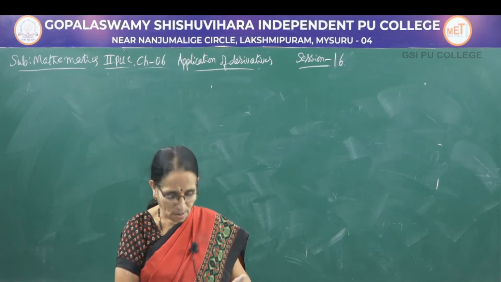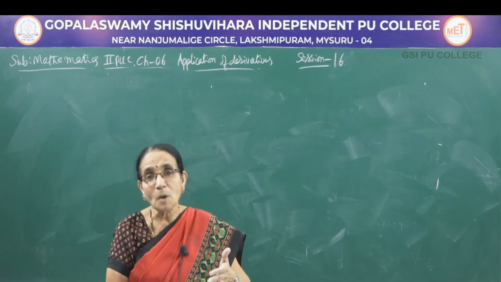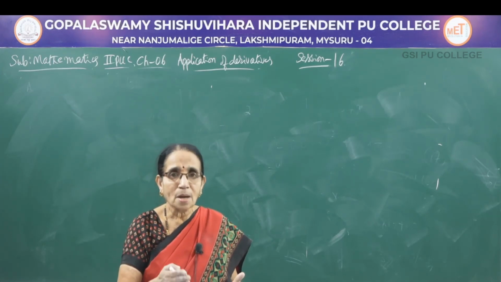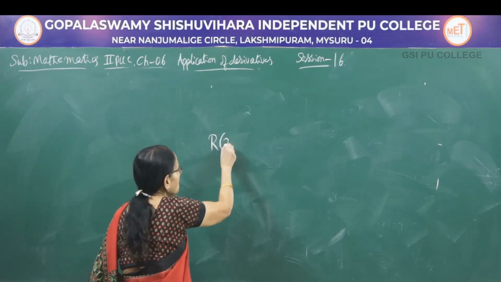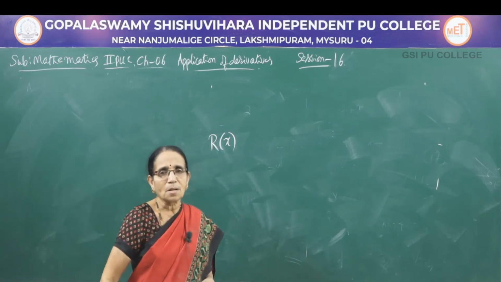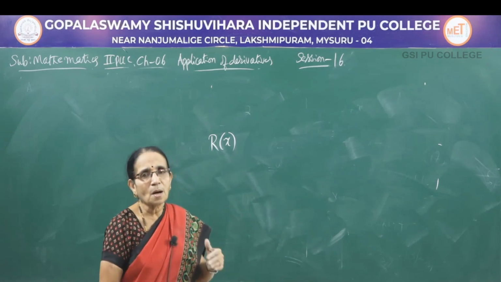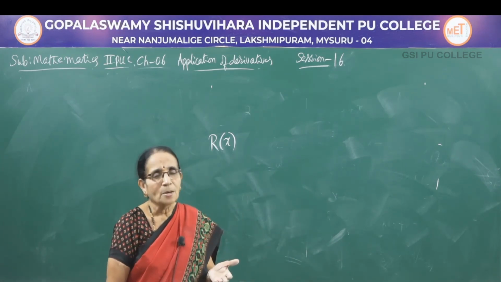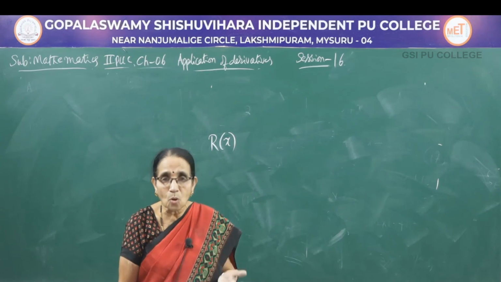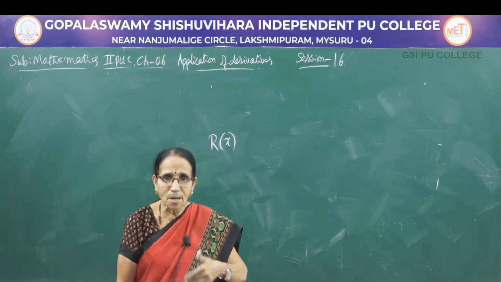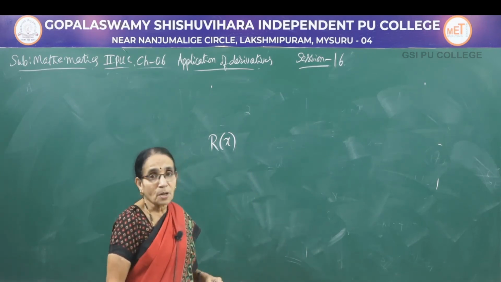When you sell it, say maybe 100 bicycles are manufactured, suppose you sell them, you will be getting some amount, isn't it? That we call R, revenue, a revenue function. Again we write it as R(x). It is called the total revenue function. x is involved because it again depends upon the number of units sold. For the number of units manufactured, we have the cost function C(x). Number of units sold means we get the revenue. Revenue means we are getting income. By selling something, we will be getting money. So it is called the revenue function here.